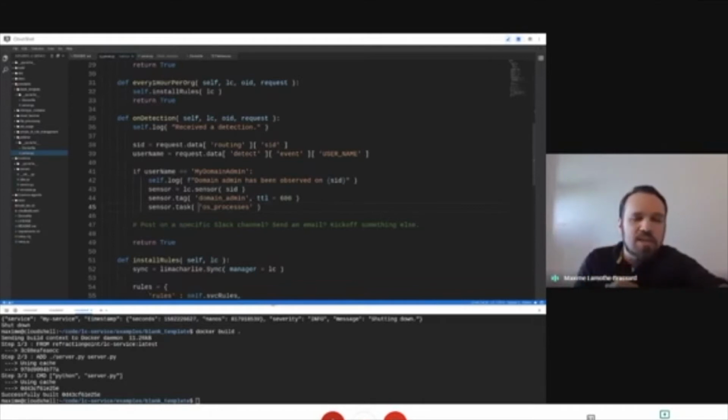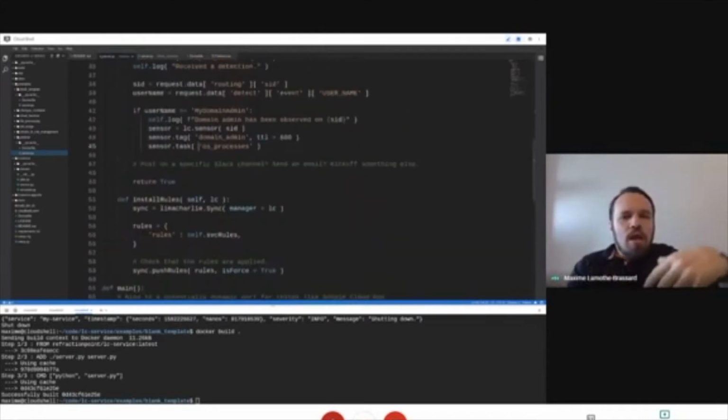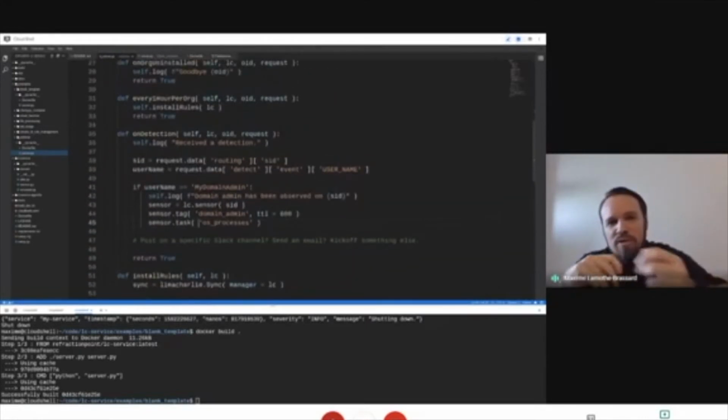You have full access, so you can see the comment right below. Essentially, at this point, you could do whatever you'd like. You could integrate to a specific Slack channel, do emails, or kick off to some external system. Entirely up to you. We just want to give you a little bit of a taste of what that could start to look like.